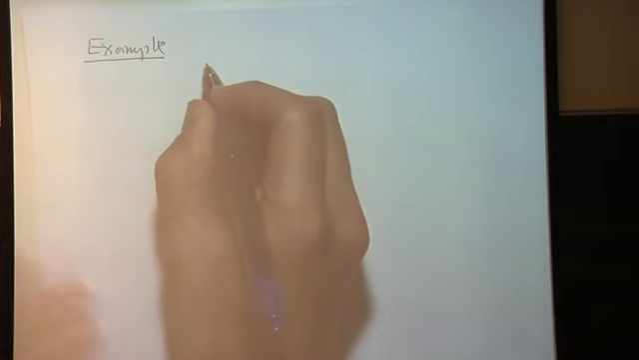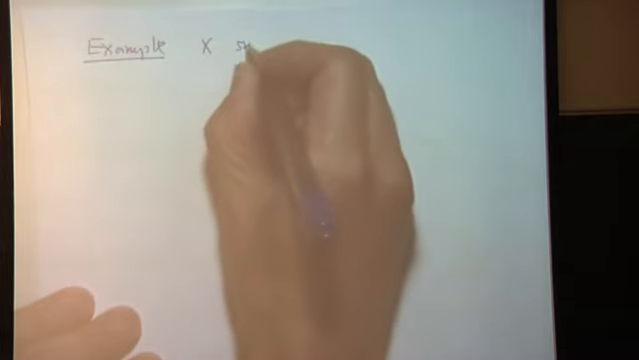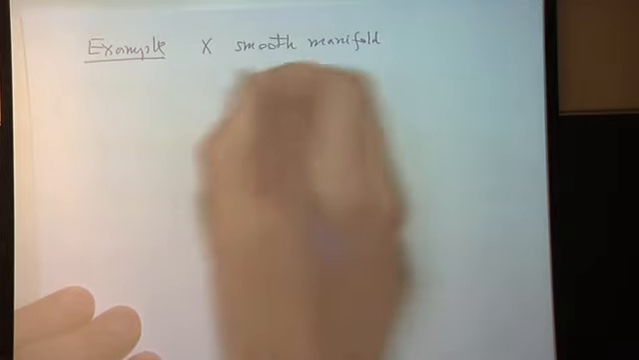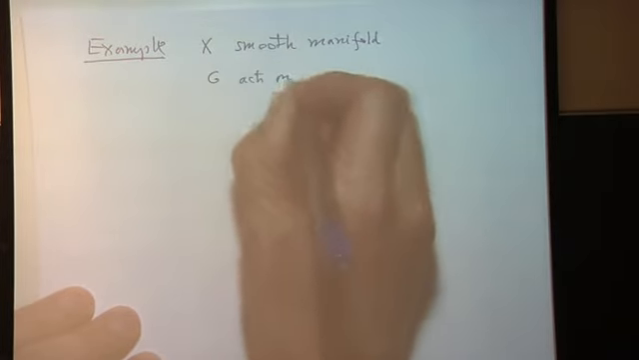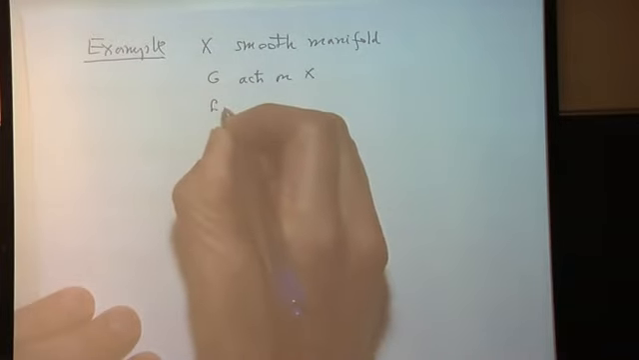So the conditions are familiar from differential topology. So the example of this, X the smooth manifold, and G of course acts differentiably on X, and then we're looking at